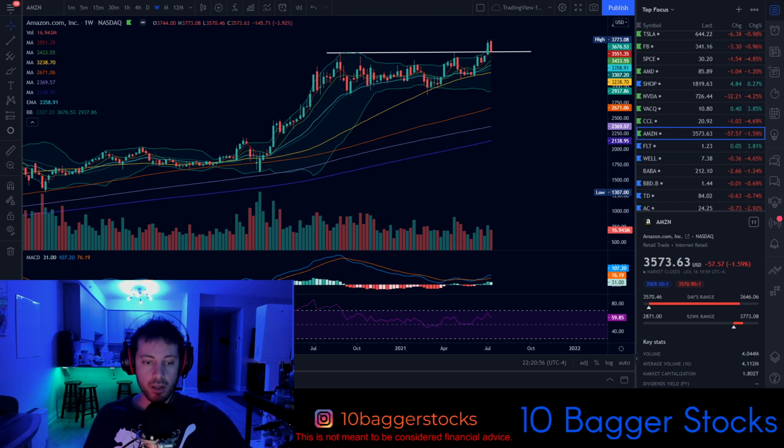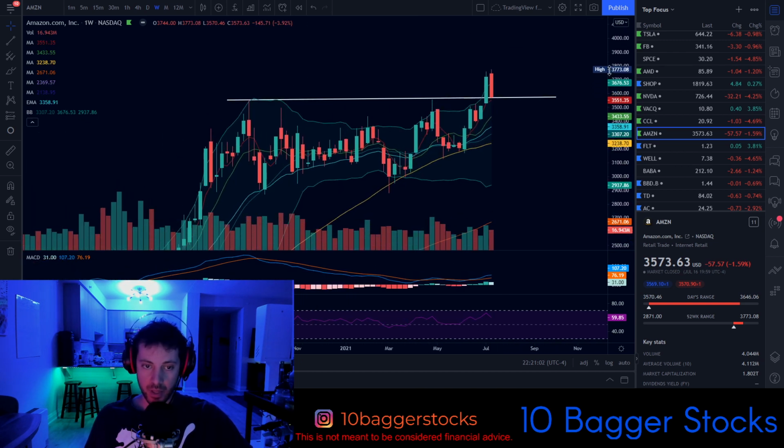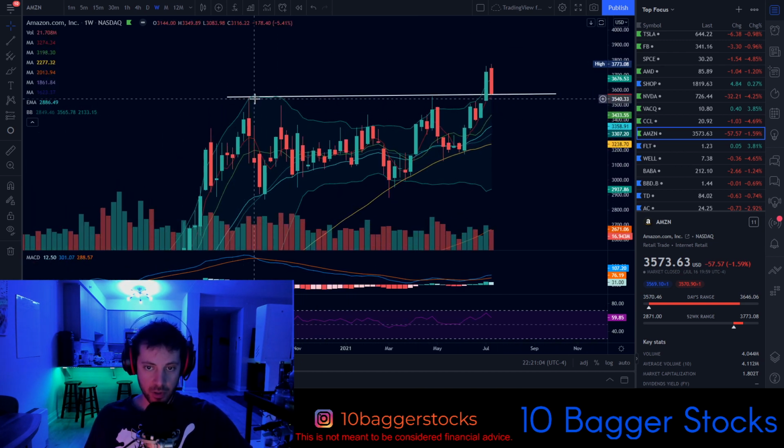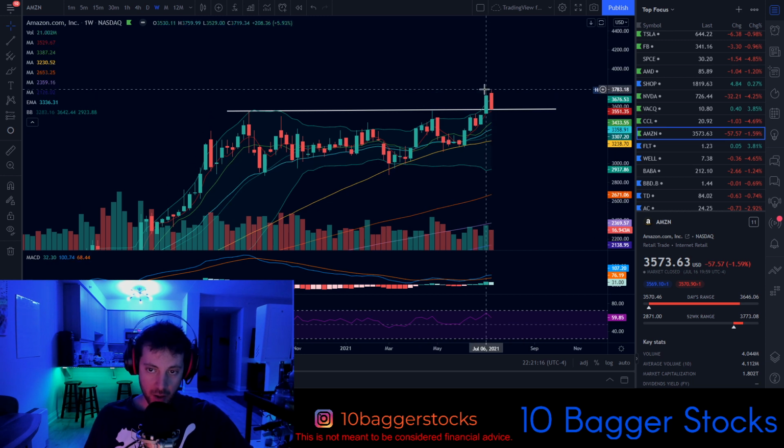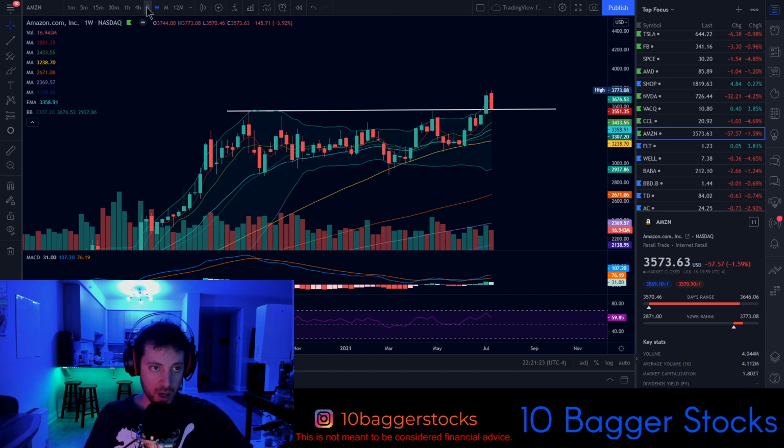All right, I'm going to take a look at Amazon. And Amazon recently had this big breakout because it tested this critical resistance area several times. It set that all-time high on August 31, 2020, and then it couldn't really break past that until recently. And so now we've pulled back right directly to that previous resistance area, and the bulls are going to want